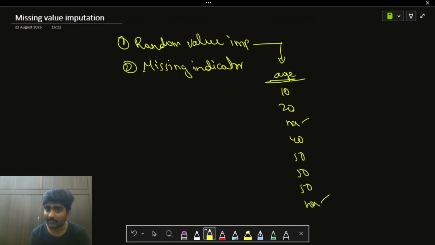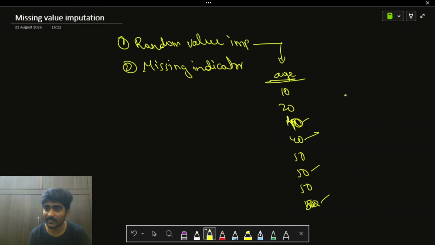Now what I will be doing is picking random values from all these numbers and imputing the missing values. Let's say randomly I picked 40, so I'll impute 40 in this missing place. Next, again I picked 50, and in this place I'll replace it with 50. So this is the entire technique. It is a very simple technique.